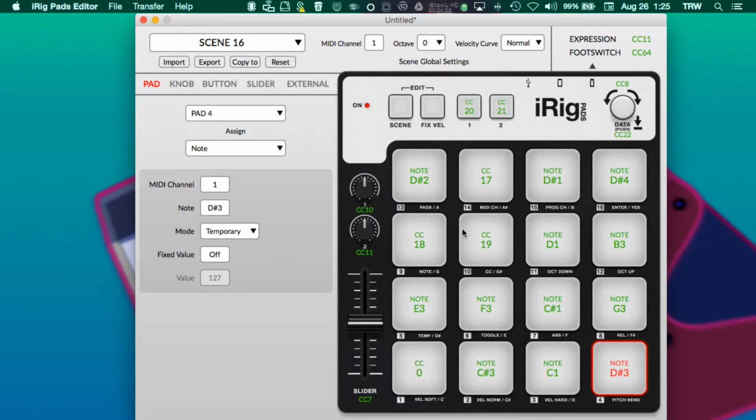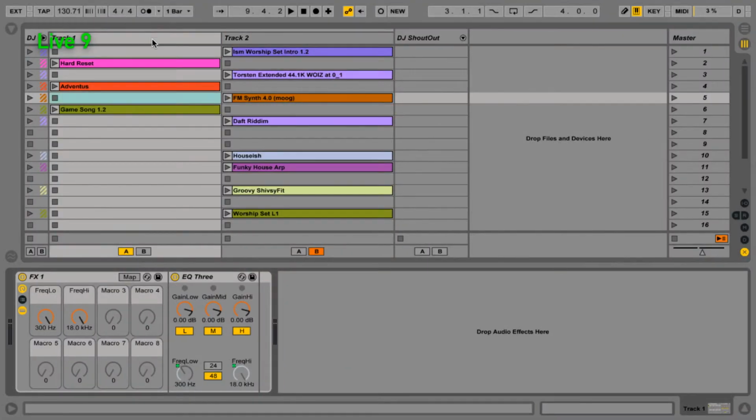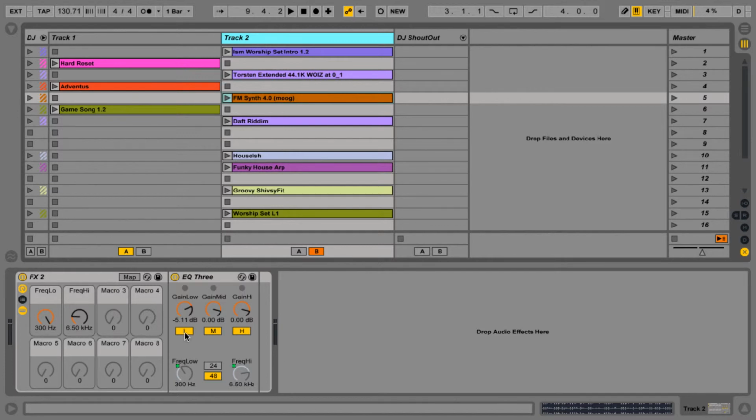So I mentioned that this section here is a little bit unique. Let's talk about it by looking at the effects that I have built in each of these channels. I have effects 1 in channel 1 and effects 2 in channel 2. What I have here is really, really simple, actually. I have EQ3, which just kills the lows or the highs or the mids, and I have mapped the crossover frequency for the lows to here, and the crossover frequency for the highs to here, only because instead